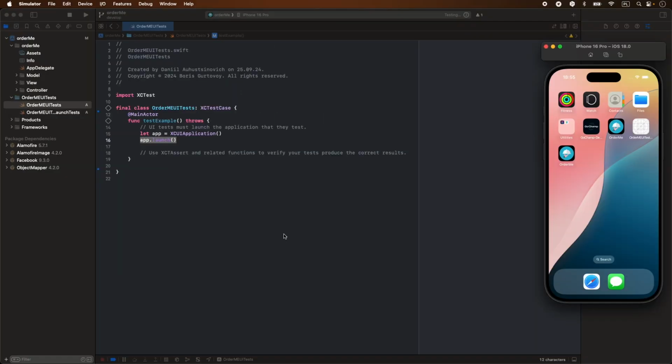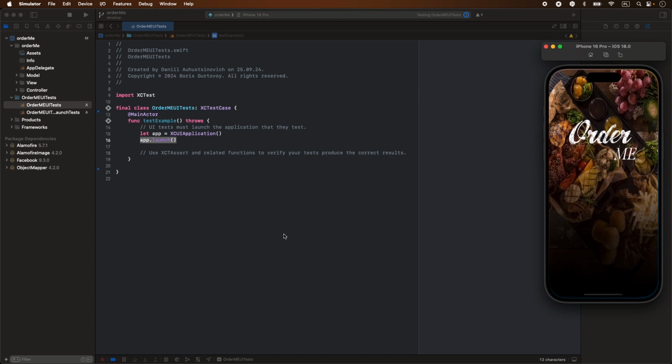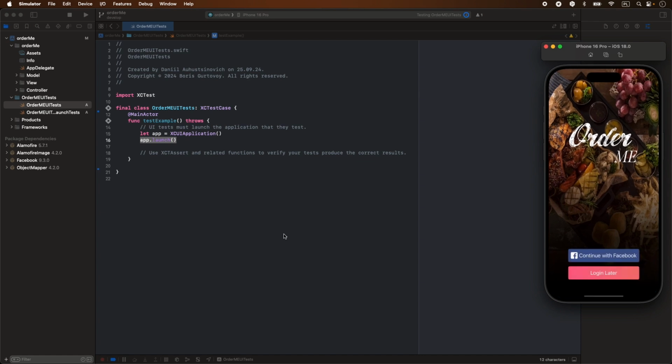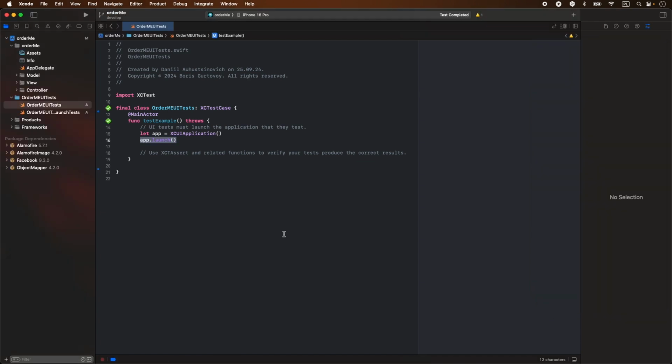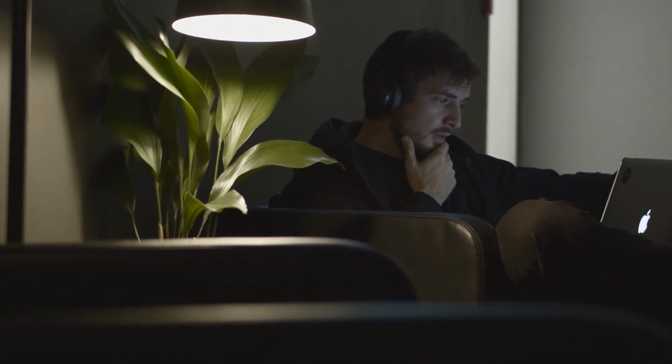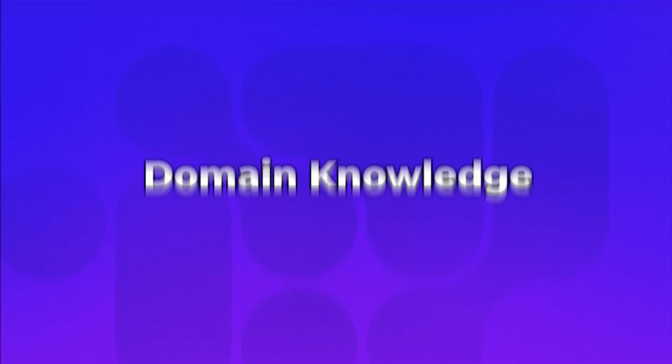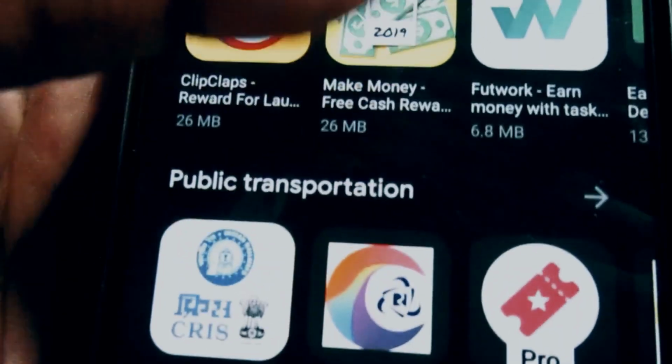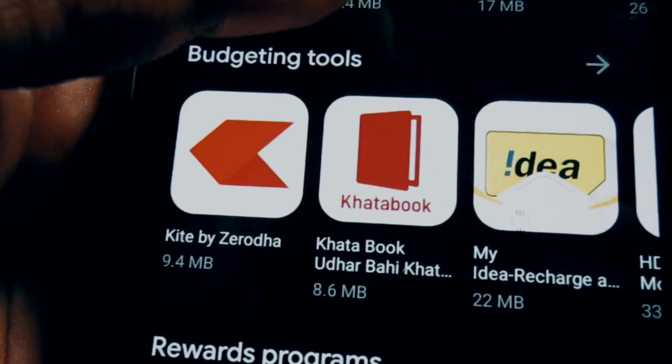Automation: software development engineers in test should be experienced in creating and maintaining automated test suites using tools like XCUITest. Problem solving: strong problem-solving skills are essential for identifying and addressing software issues. Domain knowledge: a deep understanding of iOS and mobile app ecosystems is crucial for the role.